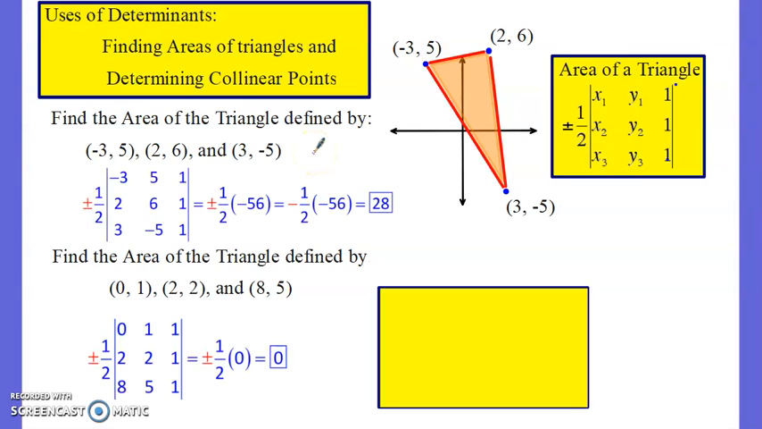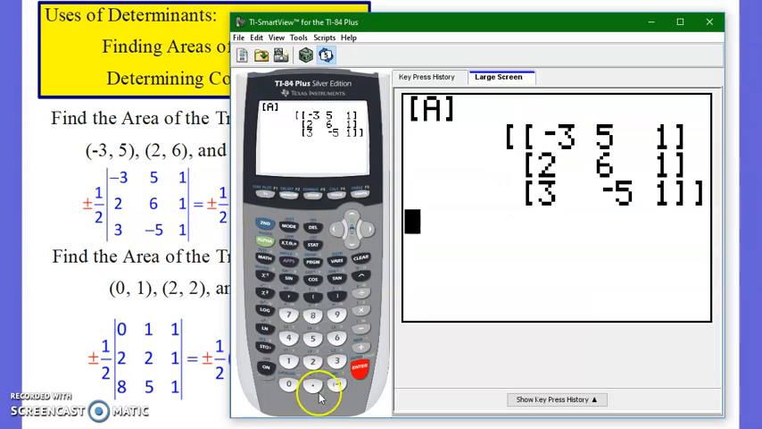Alright, so here's our information. Again, what I did here was, up on the top one, we've got our points laid out in columns 1 and 2. We took the determinant of those points and got -56. Now, you'll notice I didn't lay out all the minors and cofactors to do that 3×3 determinant. Instead, I went ahead and threw those onto my calculator. So if we enter that 3×3 matrix in our calculator, -3, 5, 1, 2, 6, 1, 3, -5, 1,